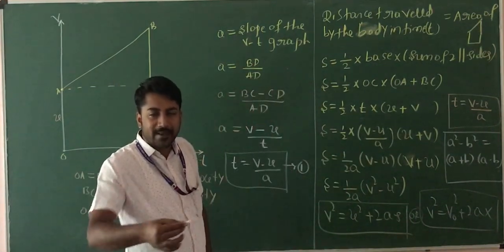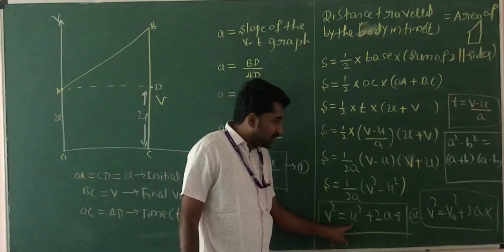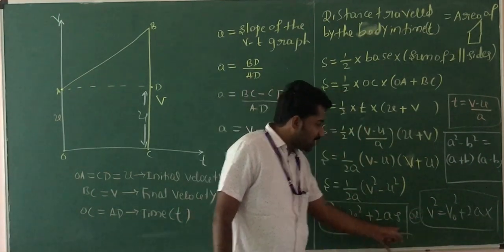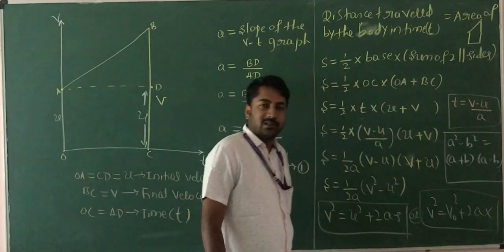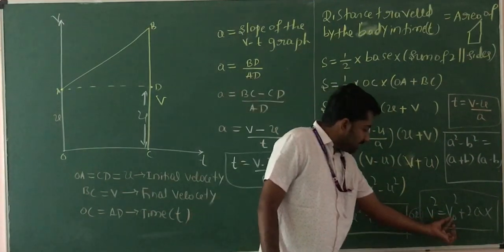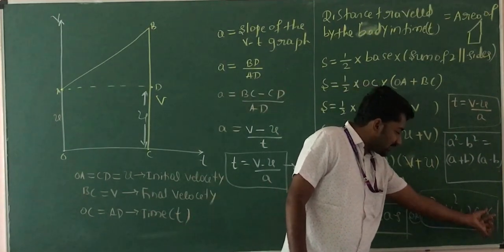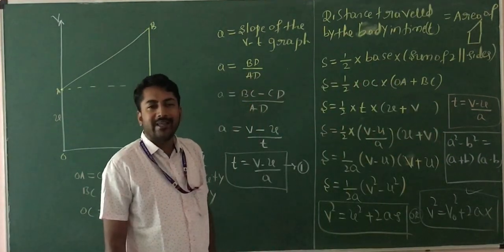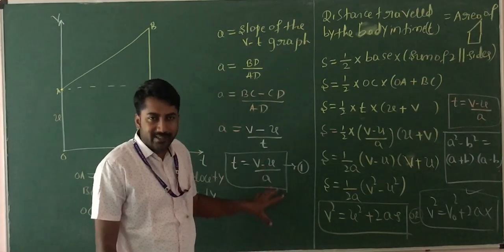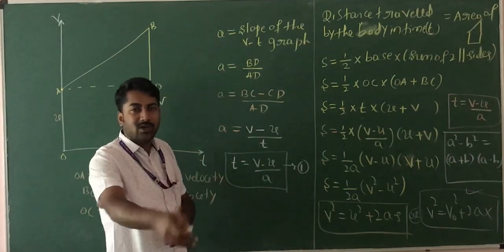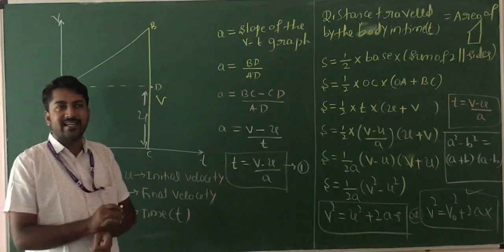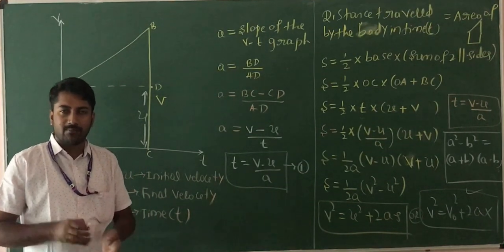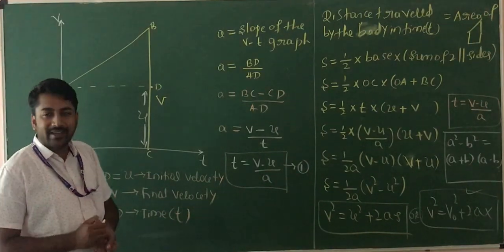Sometimes we use v naught for the initial velocity instead of u, and x instead of the distance s. When you use the initial velocity v naught and the distance x, you write this equation: v square is equal to v naught square plus 2ax. This is the third kinematic equation. And the fourth kinematic equation is Sn is equal to 1 divided by 2a into 2n minus 1. Now I am going to discuss the fourth kinematic equation.